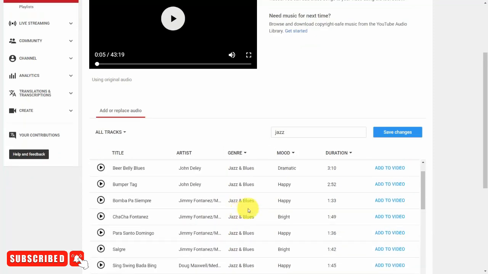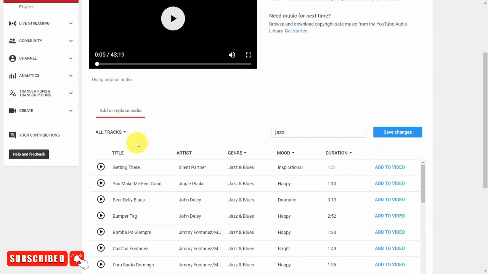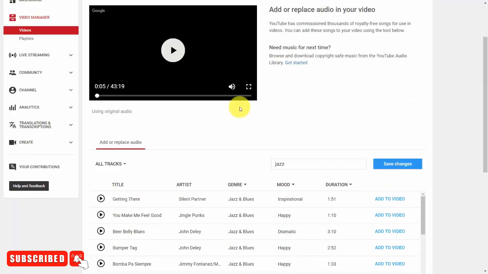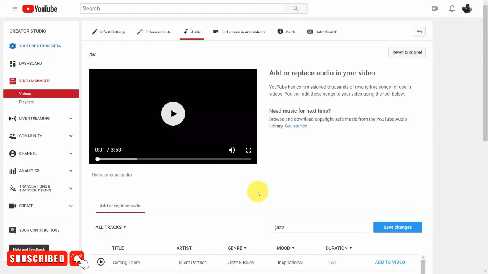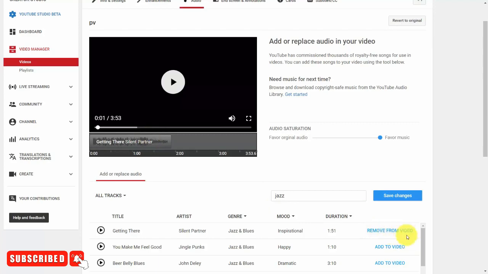And then once you find the background music that you'd like to place inside of your video, you can then place that here. Now, one of the things that you can do, when you get to the end of your video and you have your end card showing, those are good times to actually add in the music. So what we would do here is we would then click add to video of the track that we want to add. We would then pull it to the point in the video where we want it to begin and end.